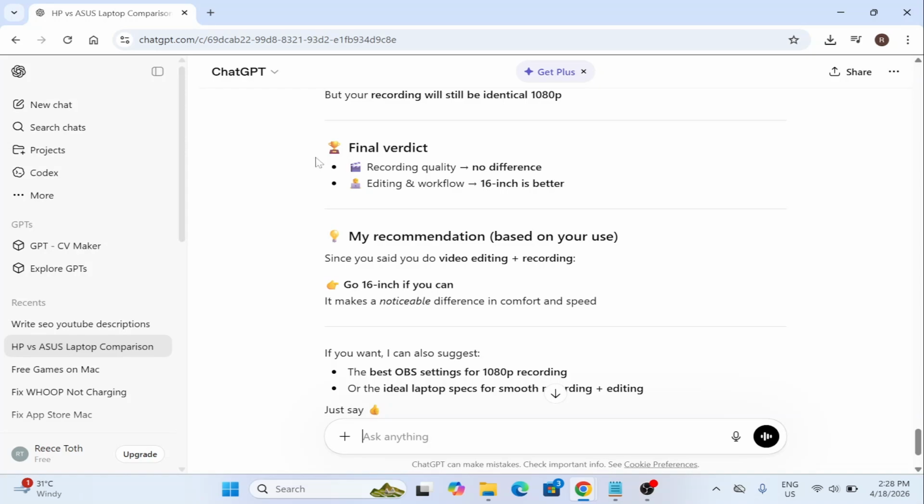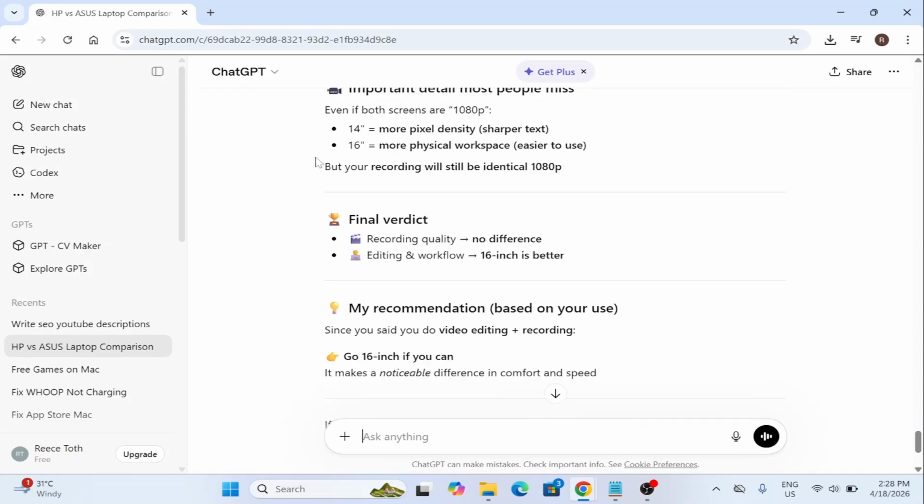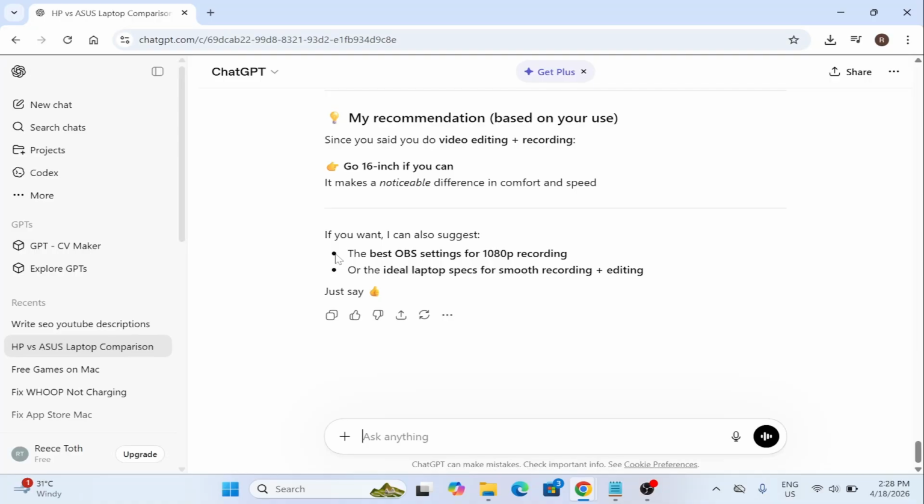How to fix the ChatGPT lagging problem on your computer. If it's taking a really long time to generate ChatGPT responses, maybe it's super slow on your computer but it's actually quick on a mobile phone, I'm going to show you a couple of ways on how to solve this issue. Now, the first thing you'll need to do is load up ChatGPT